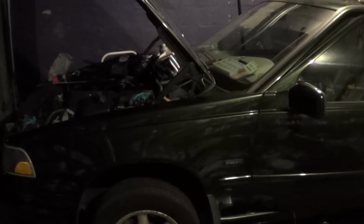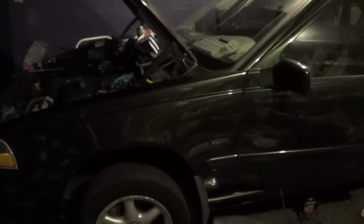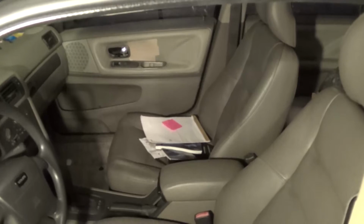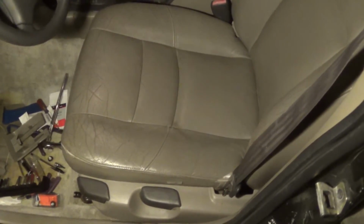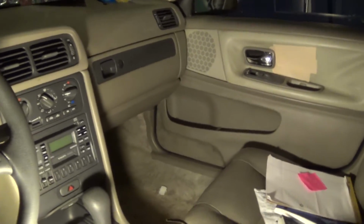I got close, but not quite to the finishing point. So let me just show you what I've done. Once again, everything is basically inside the car. As you can hear, I have power hooked up again, and I have front seats in. These are actually front seats I got from the junkyard. These are manual heated seats. I don't yet know if the heaters work. And I have everything in here back together. I've got the radio in,